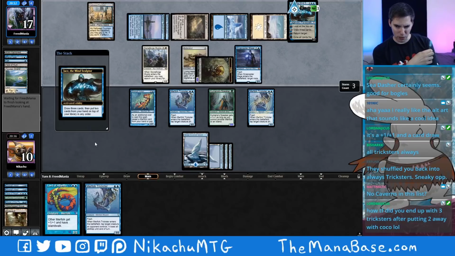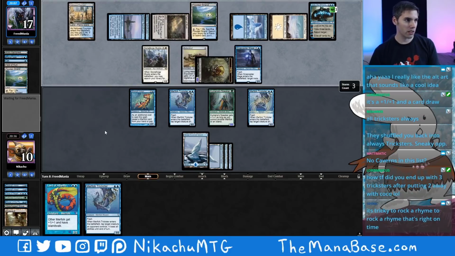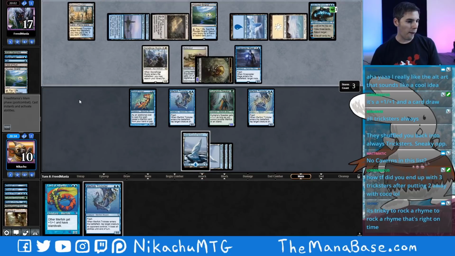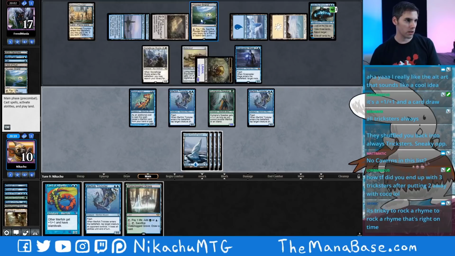How do you end up with 3 Tricksters after putting 2 away with Coco? Well, we keep shuffling the deck because they Field of Ruin me. Okay, so they have 1 Path in hand. That's what I'm getting at here. Please. Actually, I have multiple paths because they can still use...